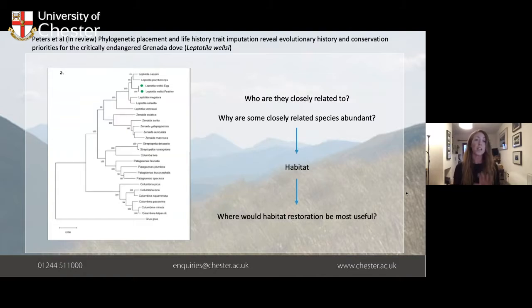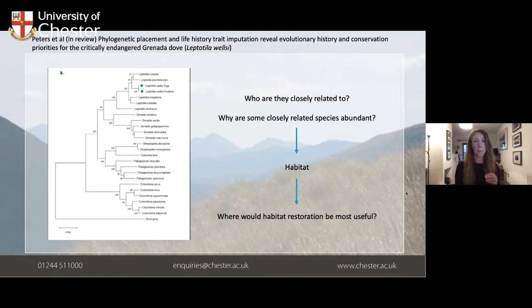So the first thing she's done is actually create this, which is called a phylogenetic tree. So this shows exactly how the Granada dove is related to other species within its group. So why do we want to know that? Well, once we know who they're closely related to, we can actually look at some of the traits of these